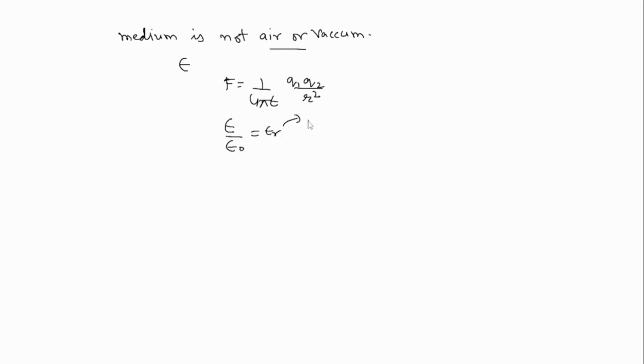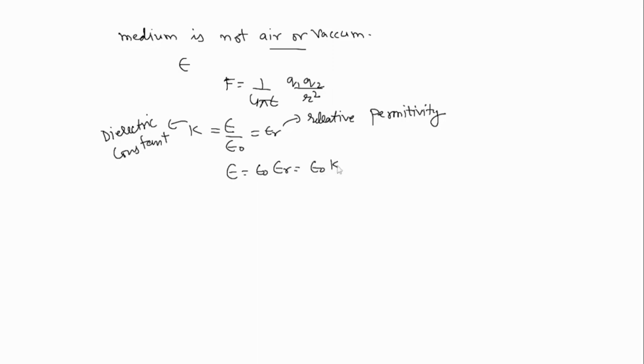Here epsilon r is actually the relative permittivity, and this is equal to k, which you can say is the dielectric constant of a medium, epsilon by epsilon naught. So from here what you get is epsilon is equal to epsilon naught into epsilon r, or equal to epsilon naught